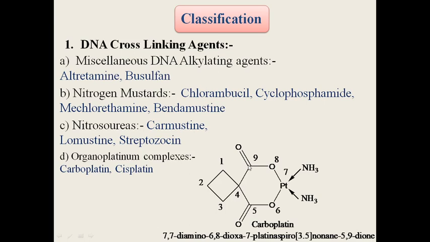Here are 5 atoms, and it is a nonane structure. Nonane means here are 9 atoms altogether. So let's count it again, 1 2 3 4 5 6 7 8 and 9, and again 5 9 dione. At position number 5 there is oxygen, which can be called as one. It is a ketone. And at position number 9 there is also oxygen attached, which is a ketone, which is called as here one.